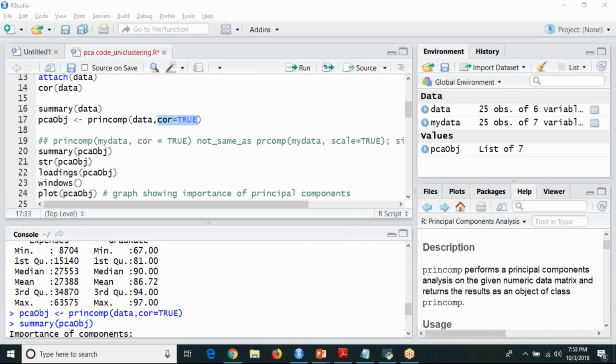Yogesh, when we are applying the summary, we are getting mean and all those things, right? Yes, mean, median, and all. But when we are applying summary of PCA OBJ here, why are we not getting that?